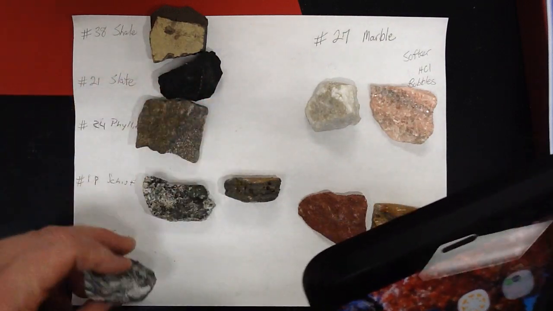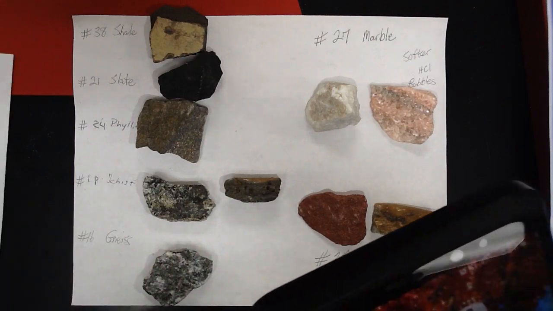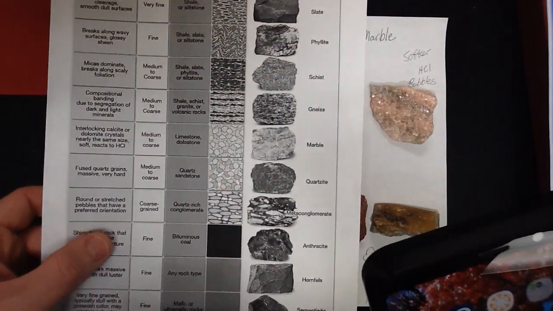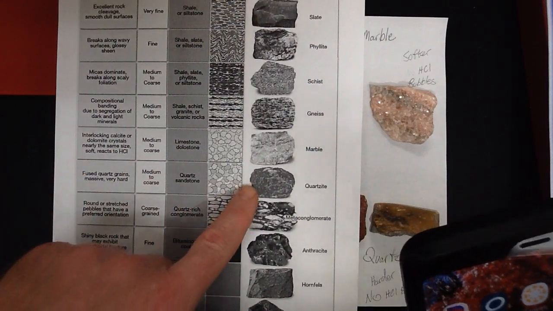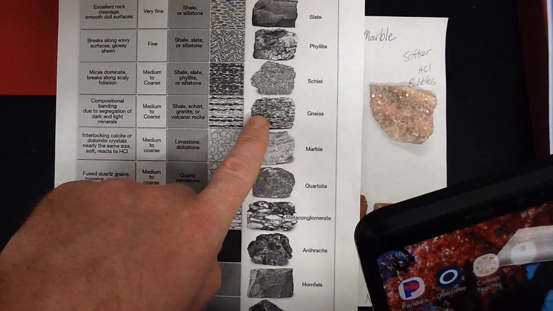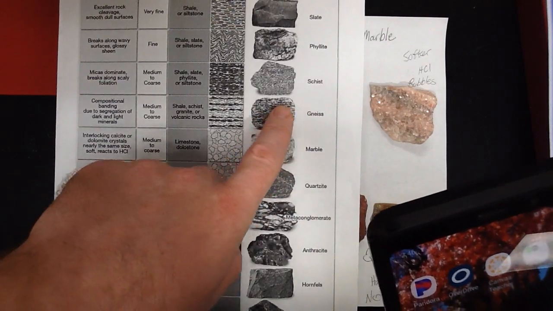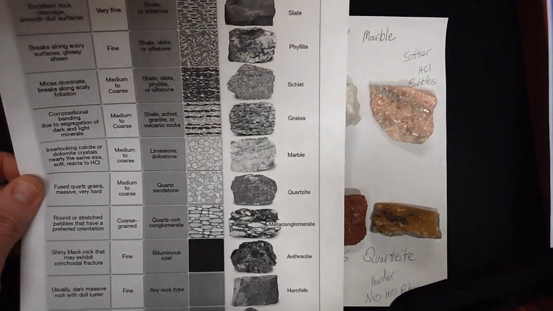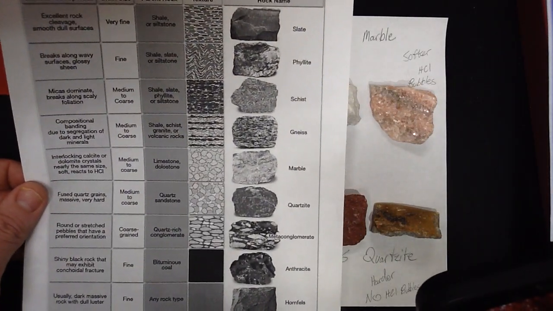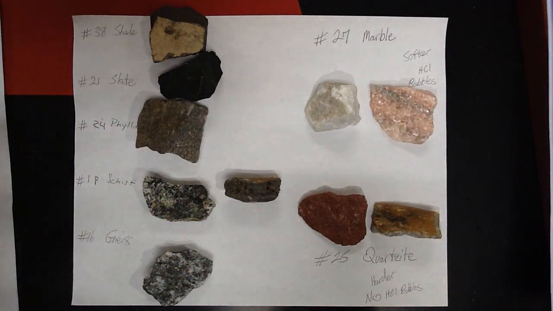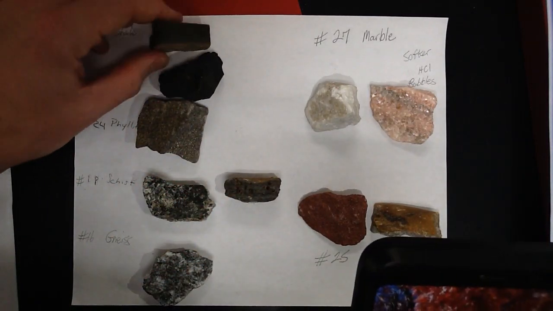So this is a sample of gneiss, and you can see on the chart here, if you look at the sample of gneiss, maybe that's not the best picture, but it has the nice white and black tiger striping going on as the minerals separate from black to white and kind of pull themselves out into different stripes. So these are your 4 foliated rocks, and just as an example, you go from